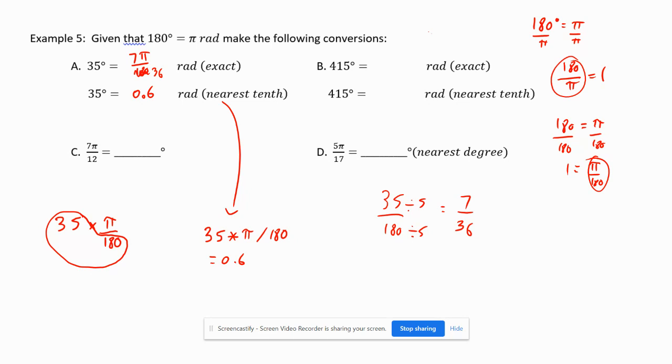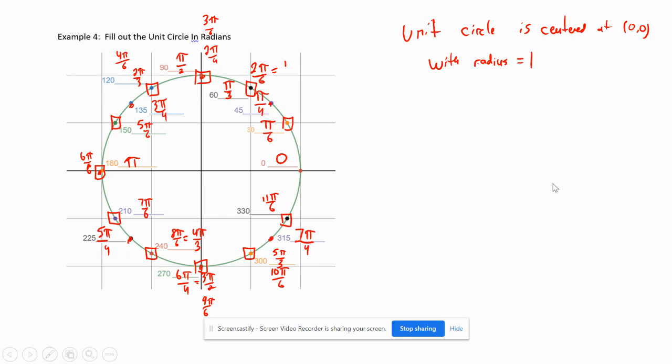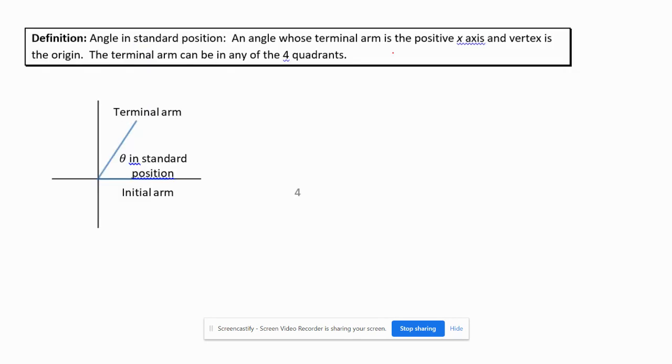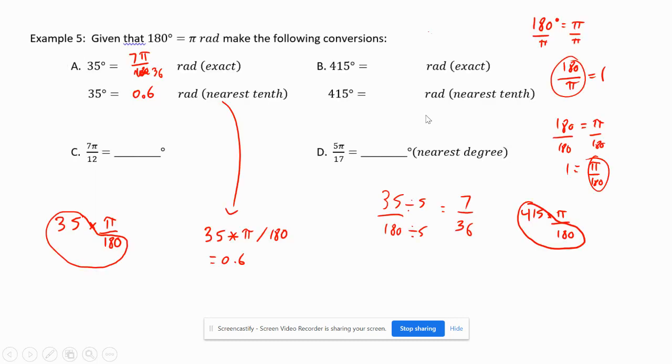Moving forward, we have 415. So I want to multiply times pi over 180. 415 times pi over 180. I want to reduce this fraction here. I'm going to do this one on my calculator. So I go 415 divided by 180, math frac, gives me 83 over 36, okay? Now, rounding this one to the nearest tenth, so this step would be